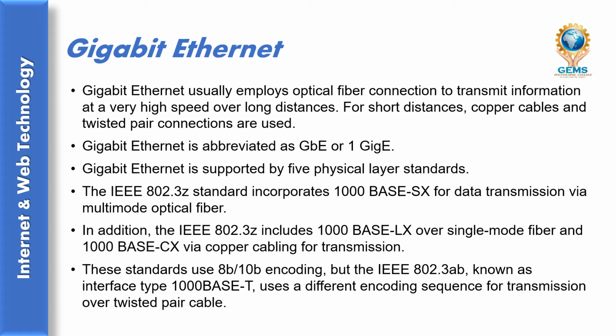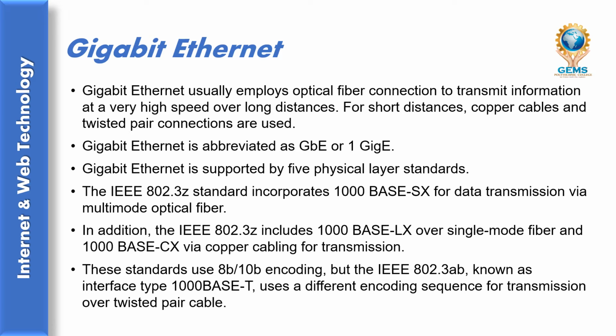Gigabit Ethernet is abbreviated GbE or 1 GigE. Gigabit Ethernet is supported by 5 physical layer standards. The IEEE 802.3 standard incorporates 1000BASE-SX for data transmission via multimode optical